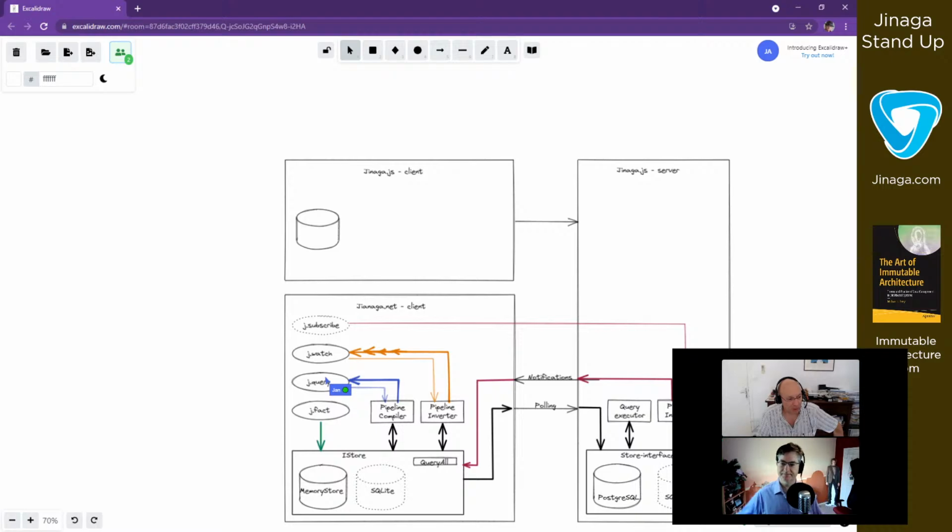If we do a j.watch, it will go first to the compiler, I assume. Yes, it will. So we should have a compiler in between here. I will make it nice afterwards.